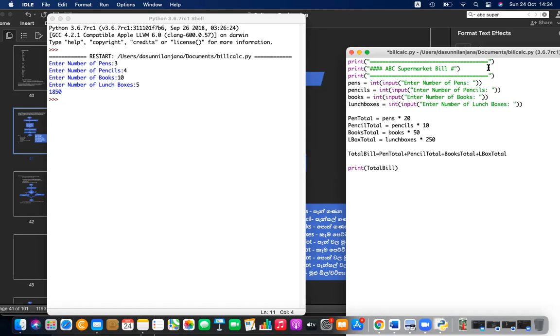These are actually decorative things that you can add to the bill. ABC supermarket bill. Then after that, new line. Then entering these things. Then some dashes.